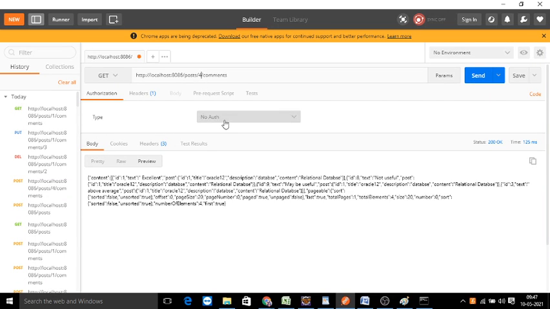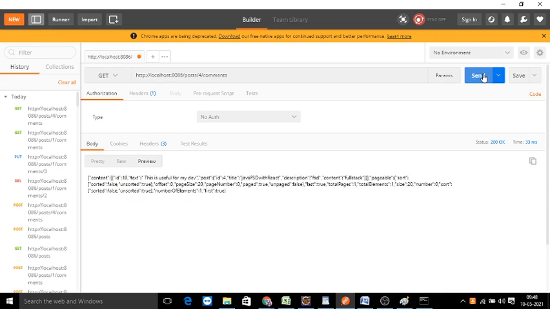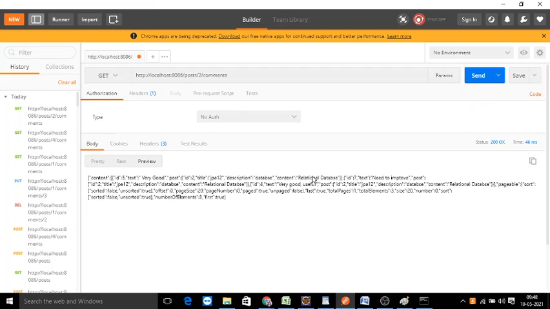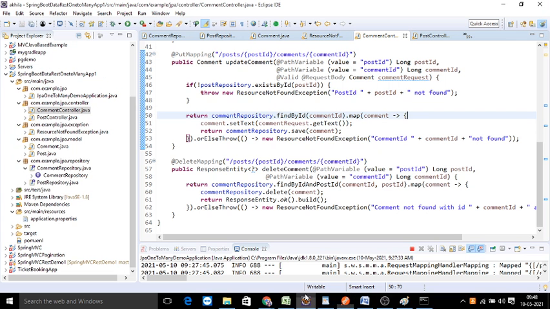Suppose post number 4, only 1, right? Post number 1, you have only 1 comment. The rest of the thing is pageable related information. It's not the records, okay? Because it is pageable, from here to here it is going to give you the page number, whether it is sorted, all page attributes. And suppose post number 2, list of comments: 1, okay, and then 2, there are 2 comments. This is how you can perform all the operations with associations.